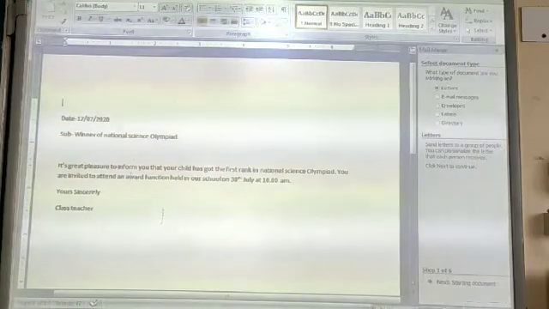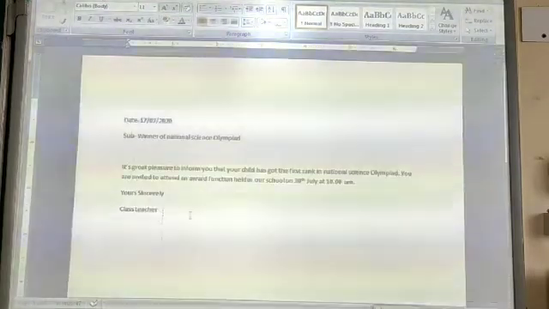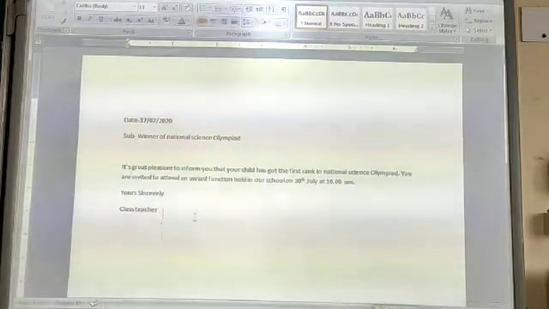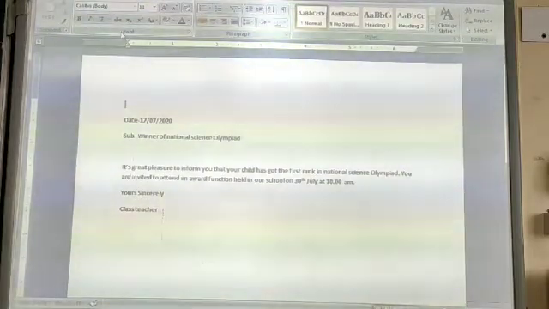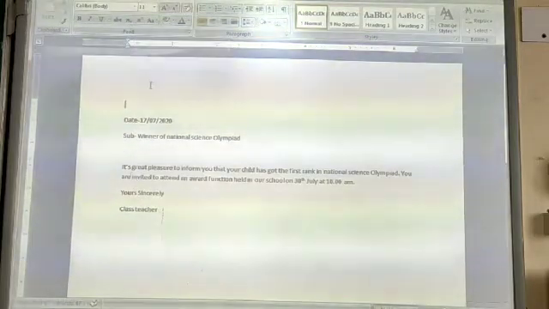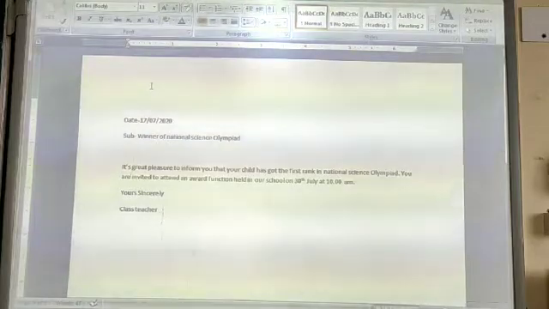So here we will first of all start the mail merge feature. To start the mail merge, you have to use the following steps. First of all, open the MS Word program. Then once the blank document is opened, here I have written the letter in advance to save time.